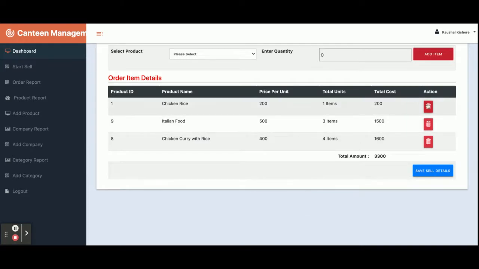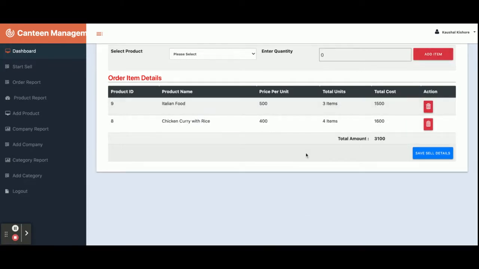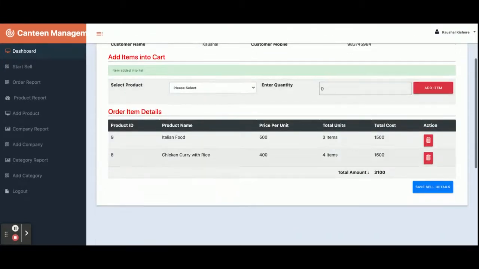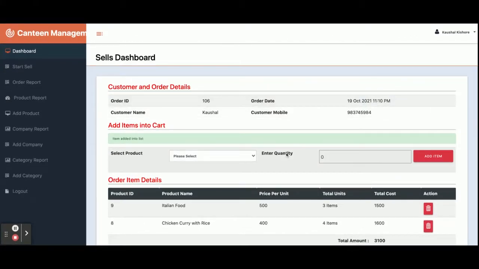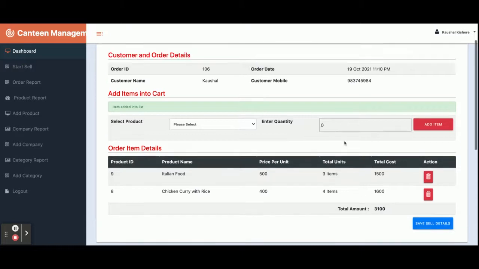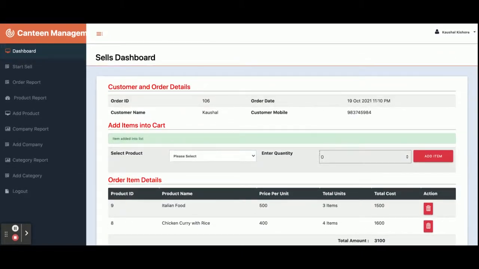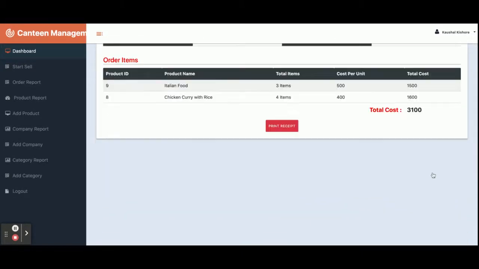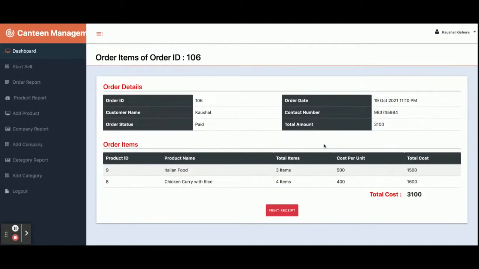If you want to delete any item, just click on the delete icon and that item will be deleted from your cart. Once you have done all of the operations, click on save sales details. The information of this whole page will be saved inside the database. You can see the information has been saved and your order number is 106.